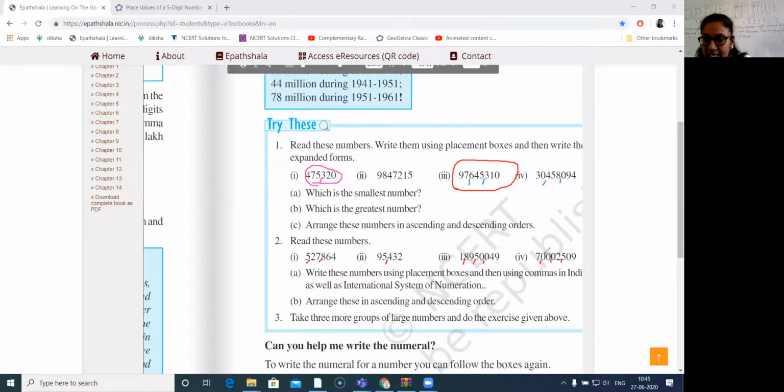There's nothing in the lakhs. Then you have 2 in the thousands. So 7 crores, 2,509. All right. I shall repeat. It is 7 crores, 2,509. So as simple as that.